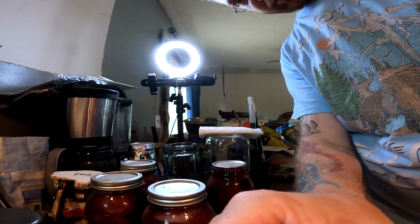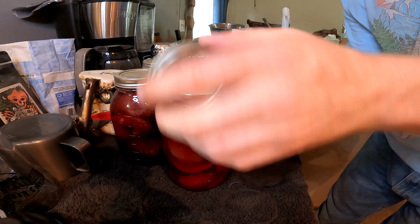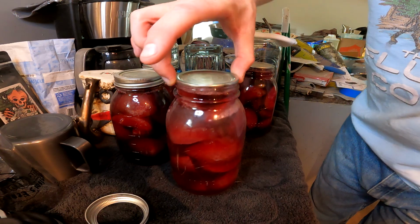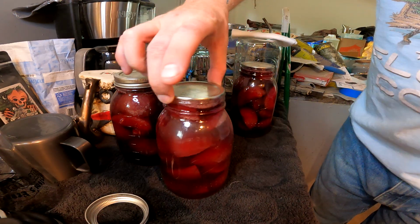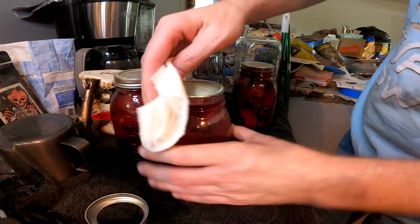Alright folks, so it's the next day and we need to finish prepping the jars. So the first thing we're going to do is press the top. We don't hear anything there. So now we got to remove the rings. Removing the rings serves 2 purposes. First, we're going to find out by holding onto that ring if our jar is secure or not. And then it gives you a chance